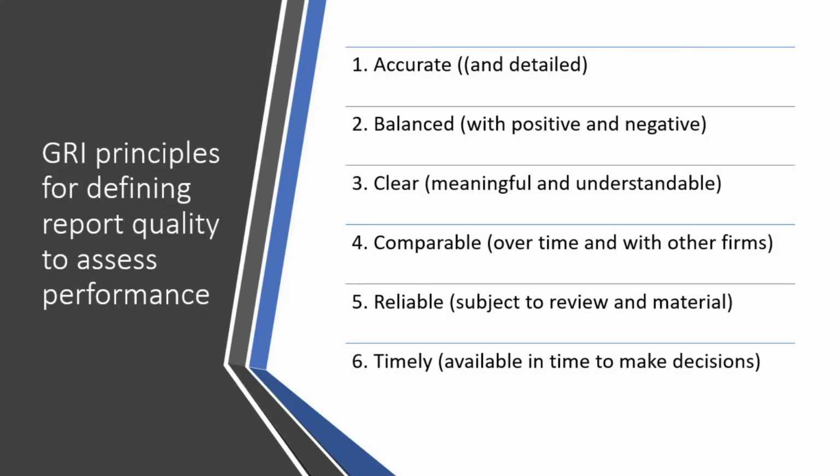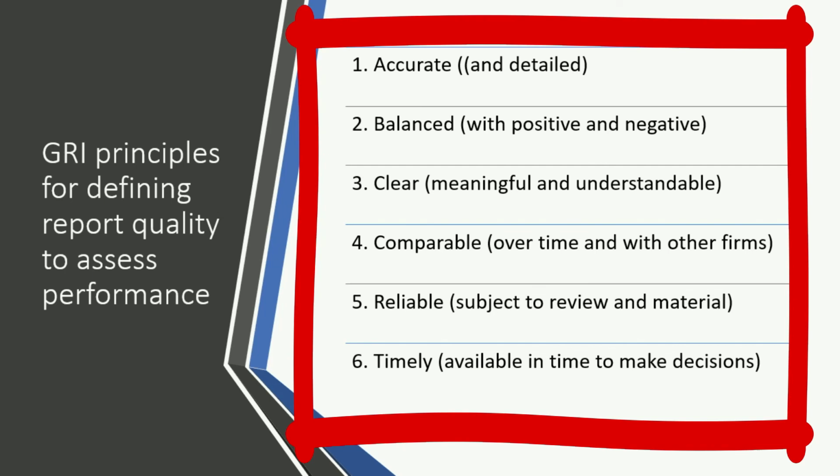The GRI principles for defining reporting quality to assess performance comprise 6 attributes. It has to be accurate and detailed, balanced with positive and negative information, meaningful and understandable, comparable over time within the enterprise and with other enterprises,